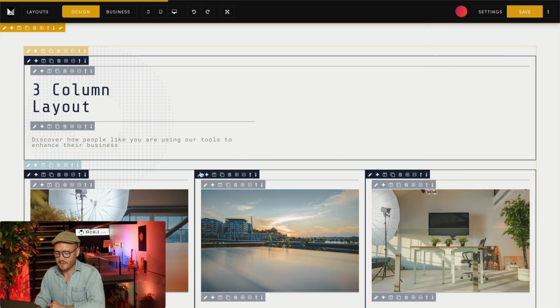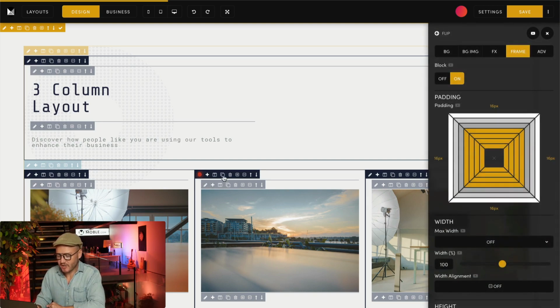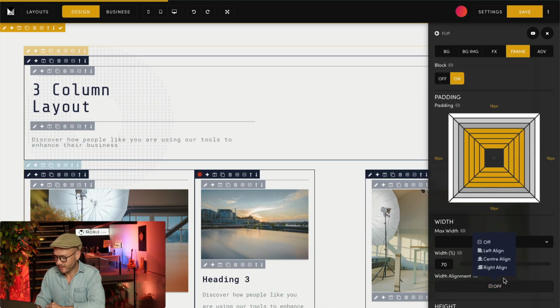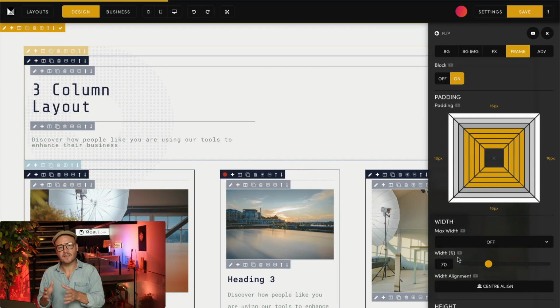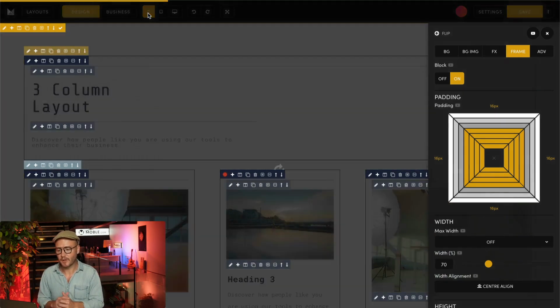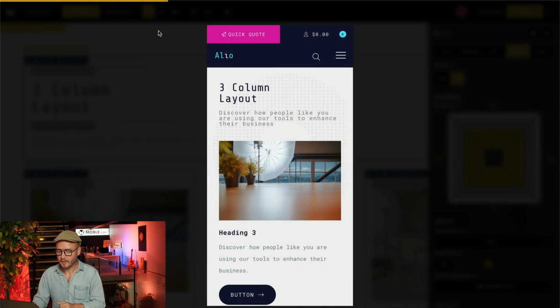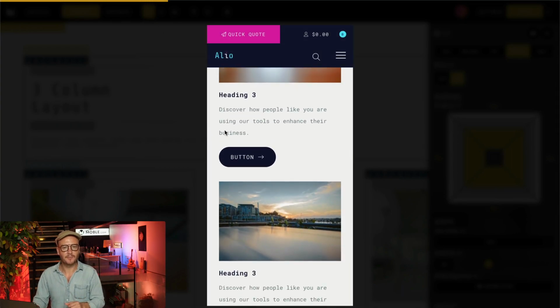So I'll just show you this. We'll cover more of this in the intermediate. But on here, if I wanted to change the width of this one to be a bit smaller, so I could say I'm going to change the width and make that in the center. Well, width is just a function of desktop in CSS, right? So this width is only working on desktop in this case. So if I went to look at this now on mobile, even though I've changed the percentage width of this particular frame, just going to pop that onto mobile, and look, it's still beautifully aligned